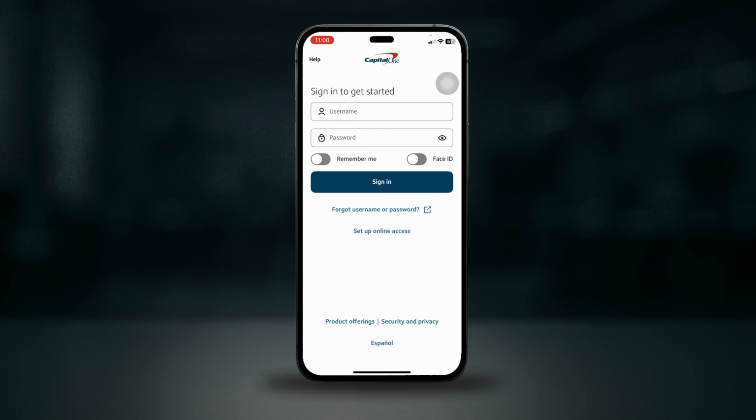So all you've got to do is go to your settings, go to Face ID and Passcode, find Capital One in the list, toggle it on,